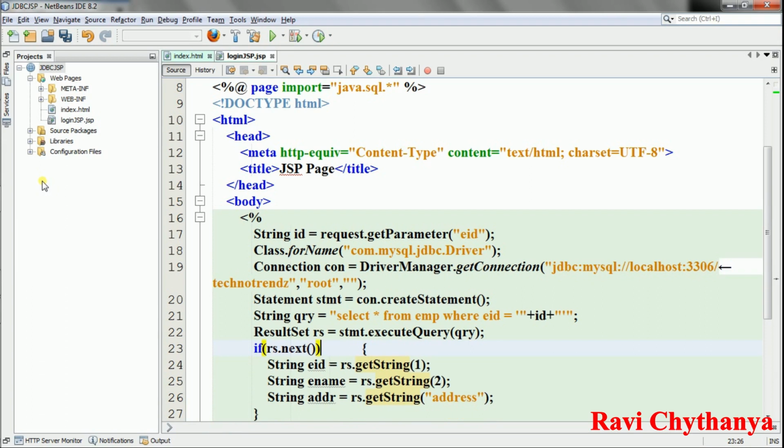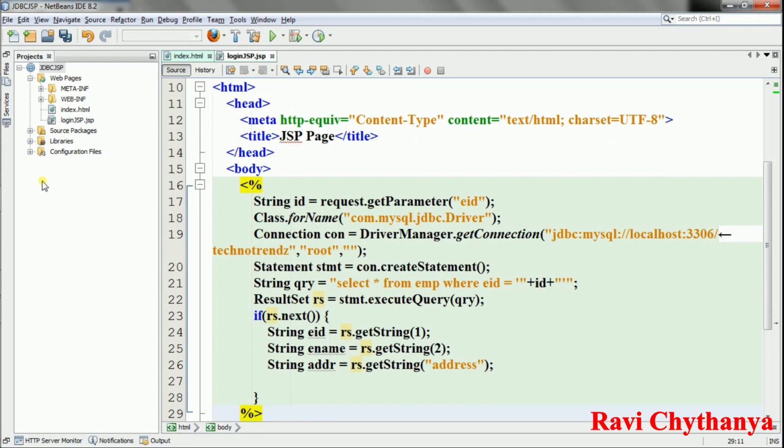So what exactly I'm going to do here is read the data from the database and store it into some string variables here. And now out.println,